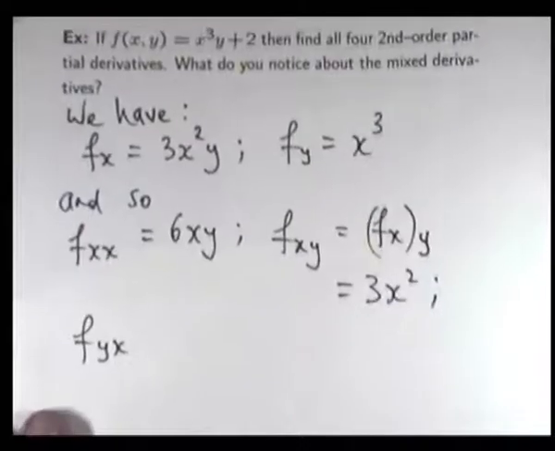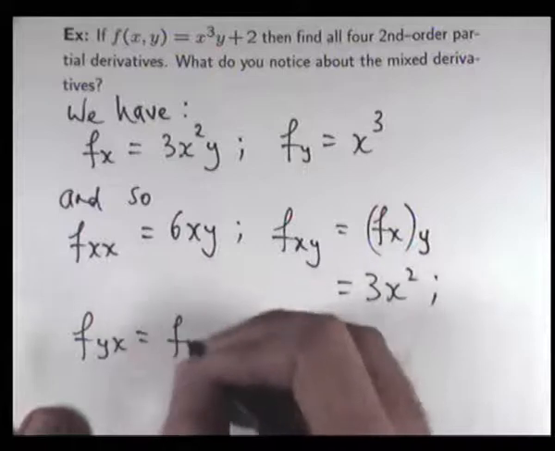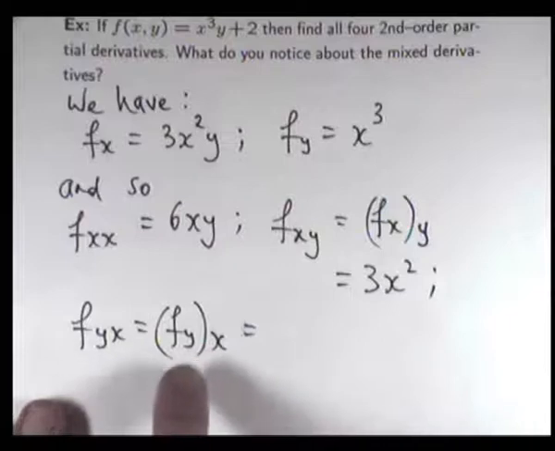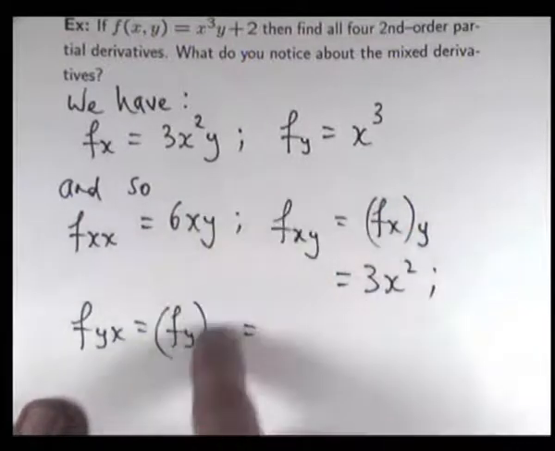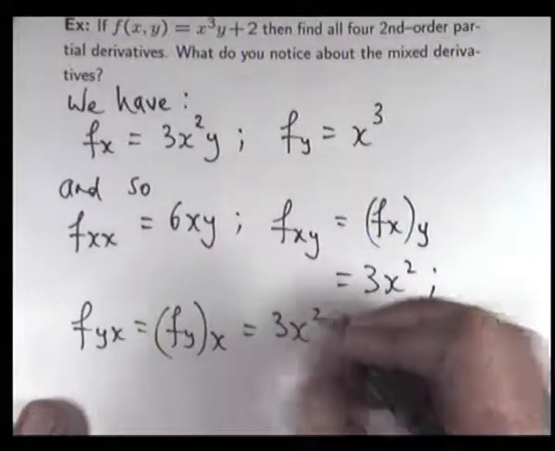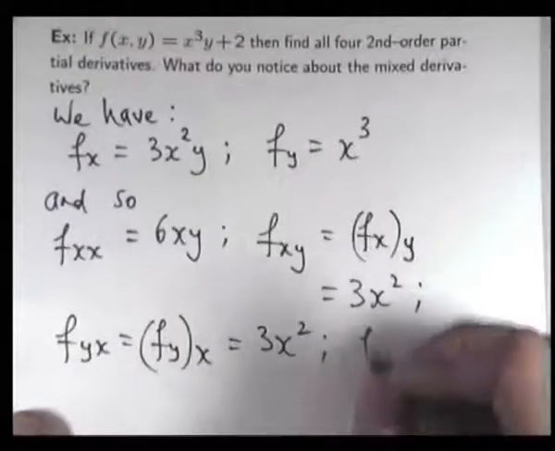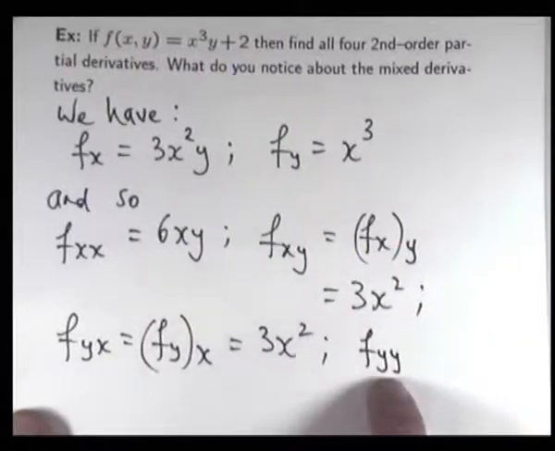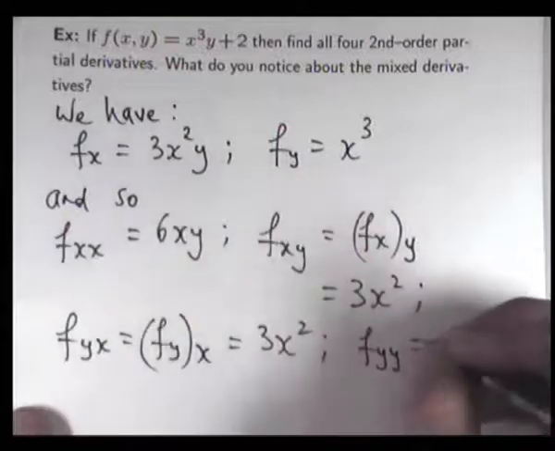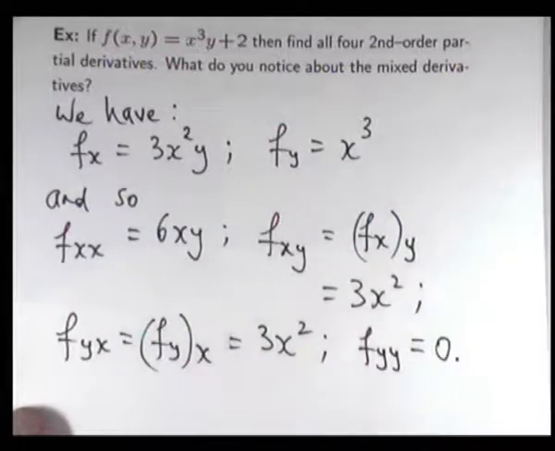F sub y sub x, and by that I mean this. So we go up here, and we differentiate with respect to x. And finally, f sub y, go up to here, differentiate partially with respect to y. So that's going to give us 0. Okay, so we've quickly calculated the 4 second-order partial derivatives, and